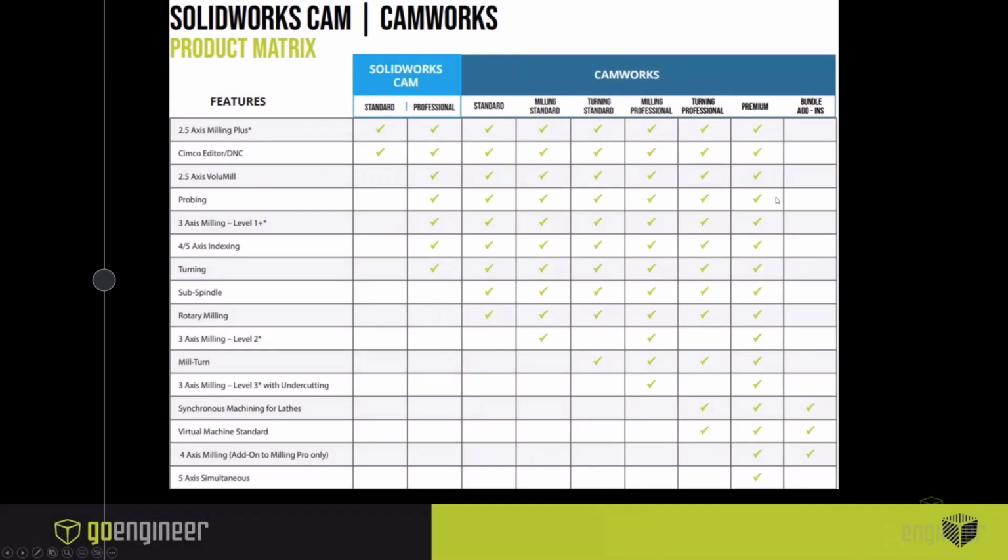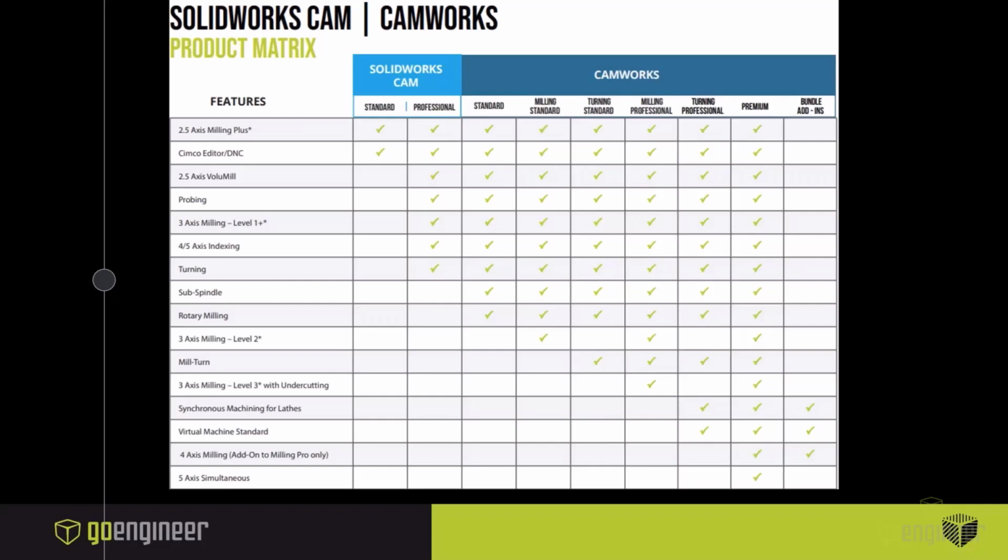Something worth knowing, however, is that there is also 3-axis VoluMill. 3-axis VoluMill, unfortunately, does not unlock 3-dimensional trochoidal strategies, which would be extremely cool. People who are way better at math than me would need to figure that one out. The 3-axis VoluMill bundle that you can get, though, allows you to use VoluMill on 3-axis roughing operations and CAM